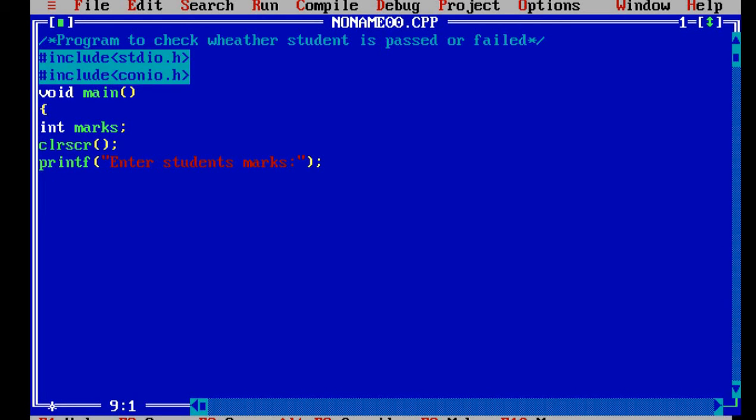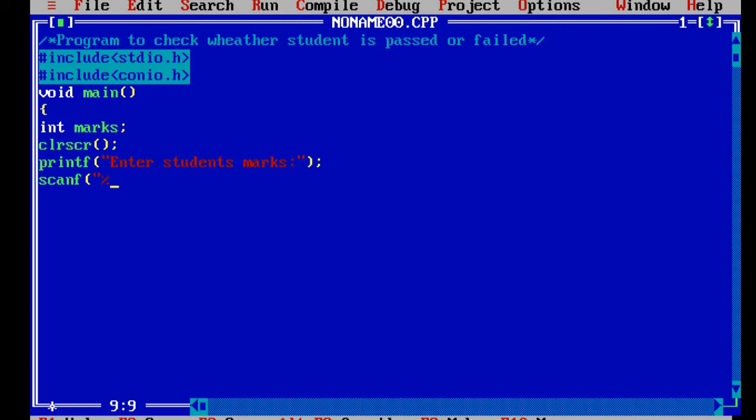In the previous video I explained the use of scanf. Scanf is basically used to initialize the value of a variable at runtime. That is called runtime initialization, because here I am not initializing the value of marks in the program. I want to take the value for marks at the console, so I need to include the scanf statement.